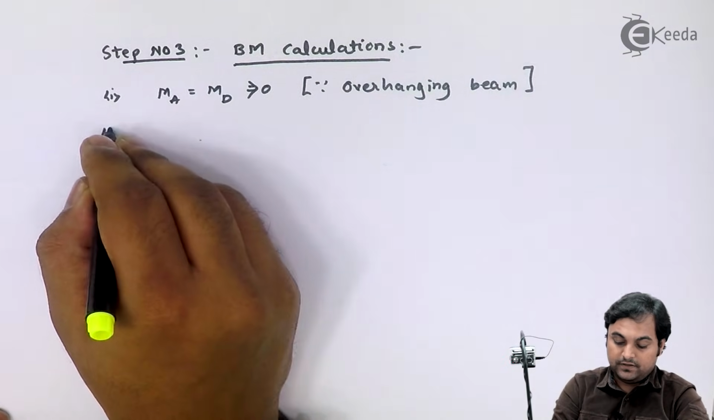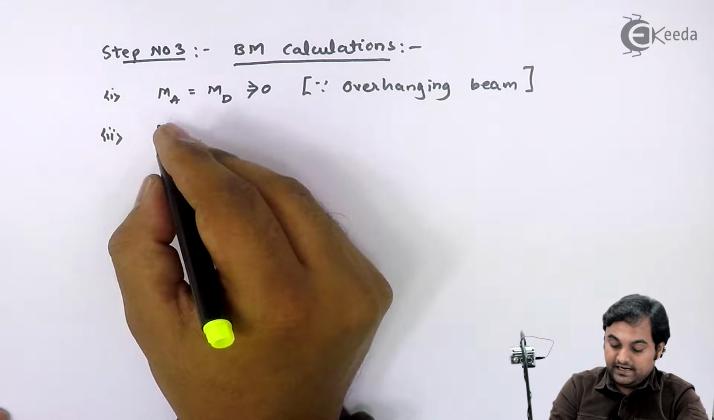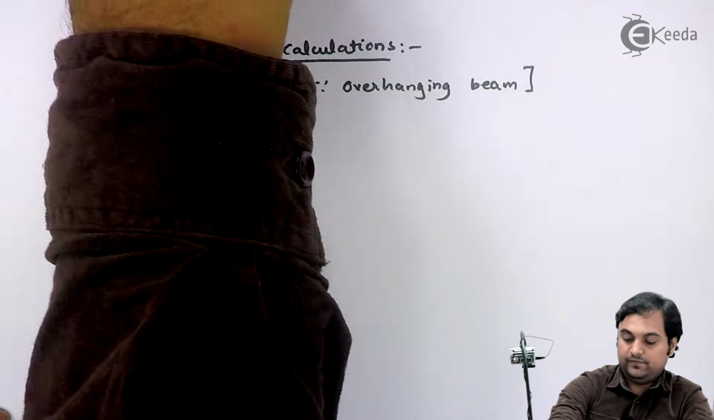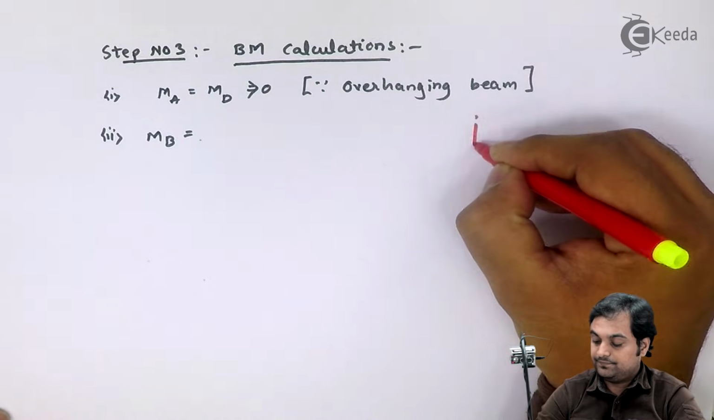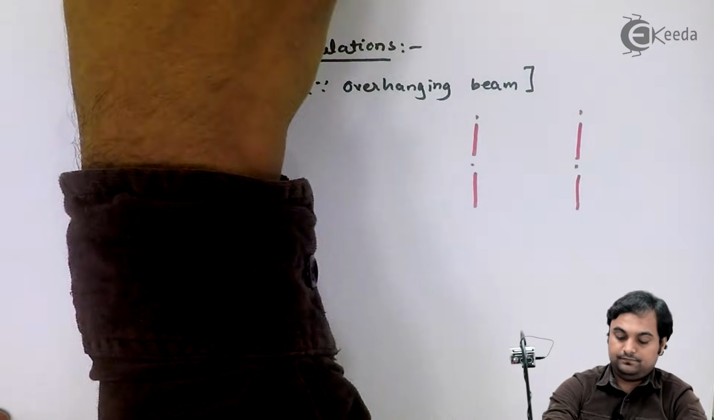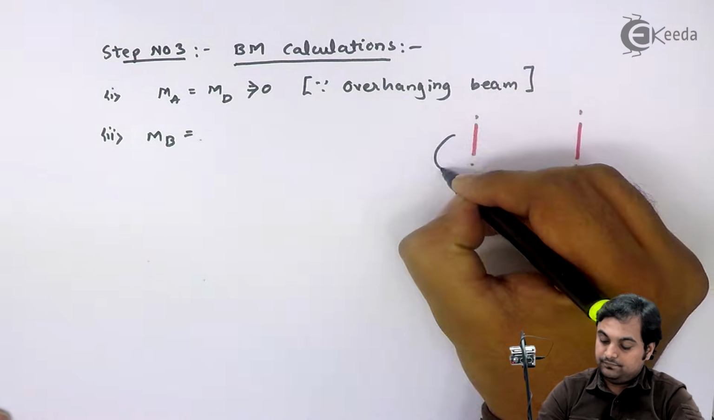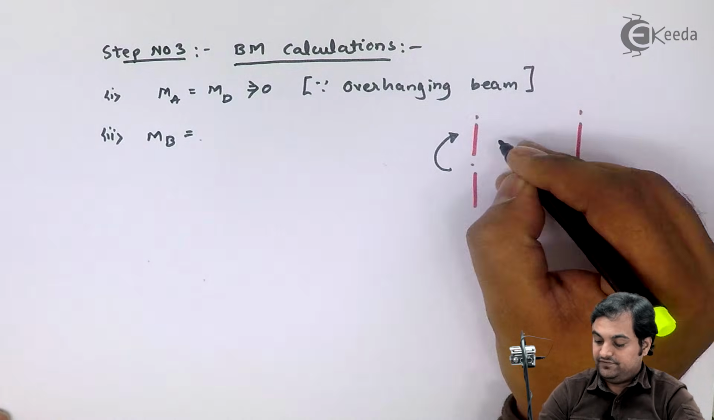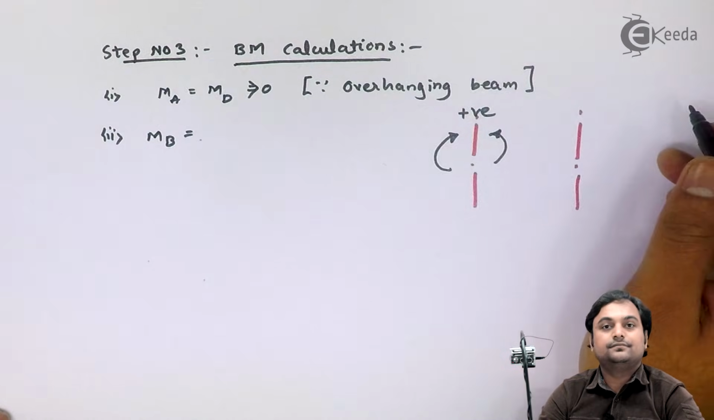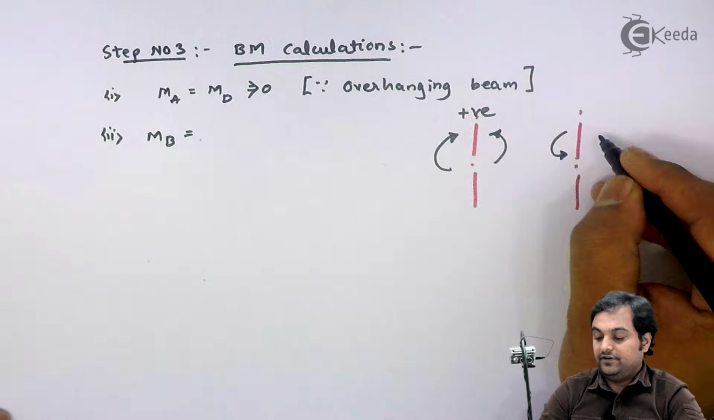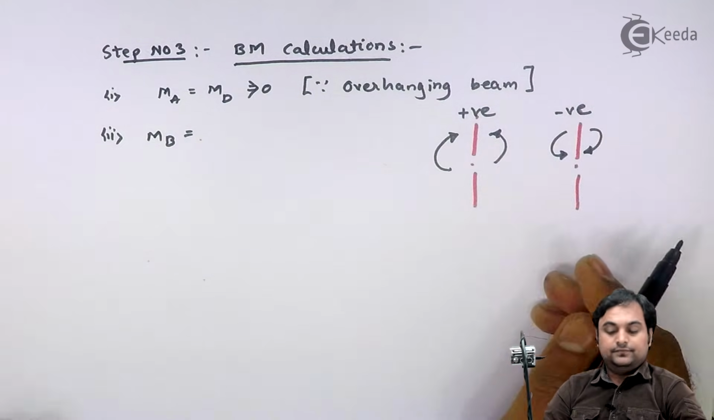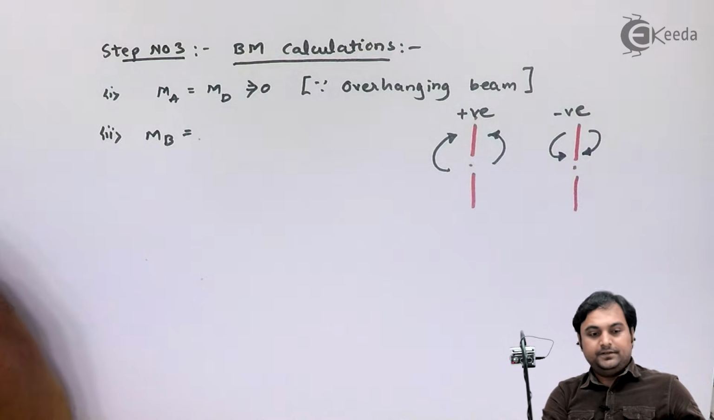Next, bending moment at point B is equal to, first of all draw the convention. Clockwise moment to left and anti-clockwise moment to the right are positive. Anti-clockwise moment to left and clockwise moment to right are negative. So here if I am calculating moment at B,